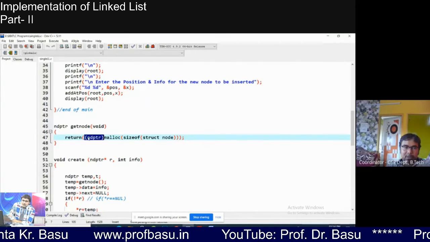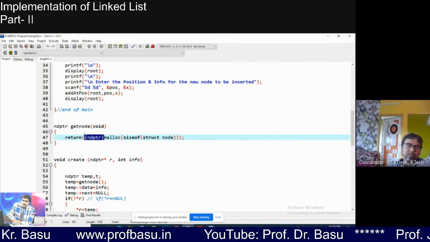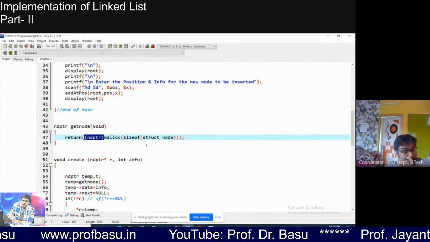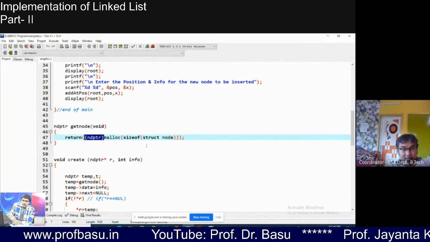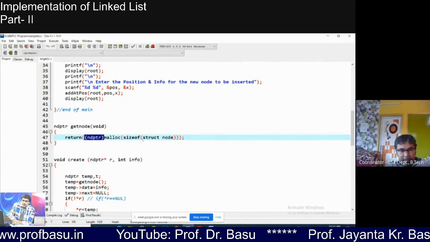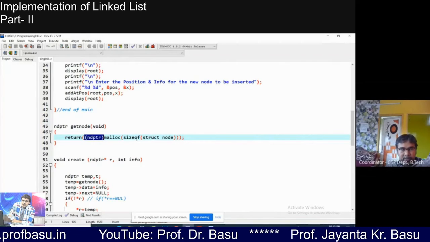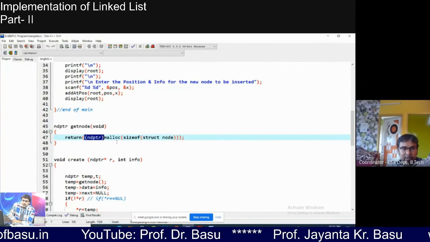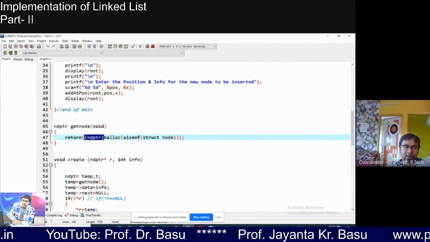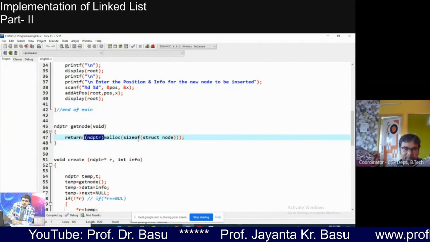So what is the get node function doing? The get node function is first allocating a size in the memory for the node, creating the node. Creating means allocating the node in the memory, right? Allocating a space.